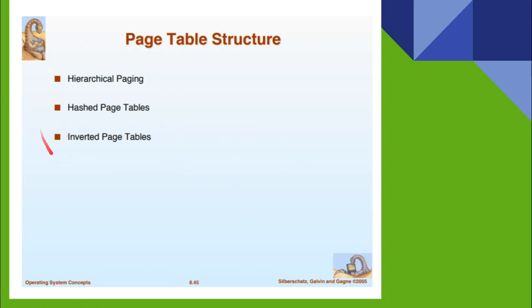By arranging the page table structure this way, the entries will be fewer, because when there are more entries in the page table itself, it takes more time to search the page table. So the page table has to be organized in an efficient way, so that the page table can be accessed faster first of all, and then the pages can be accessed efficiently.